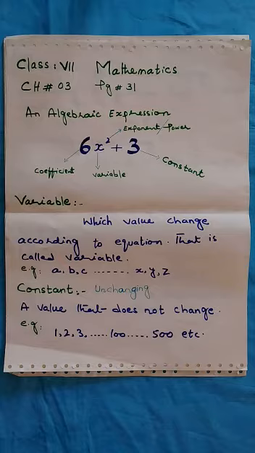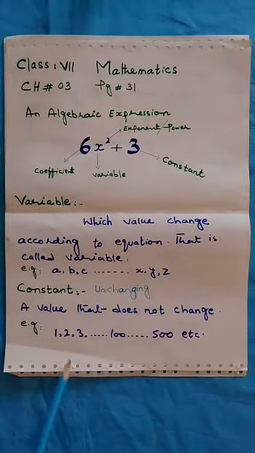Hello students, today we are going to start chapter number 3 and I hope you have completed all your previous work. In class 6, we have already learnt about algebraic expression, variables, constant, coefficient and exponent. Actually, these are basically mathematical terms. An expression can be defined as a single term or a group of terms combined with the symbol plus or minus. Let's consider an example to study in detail.